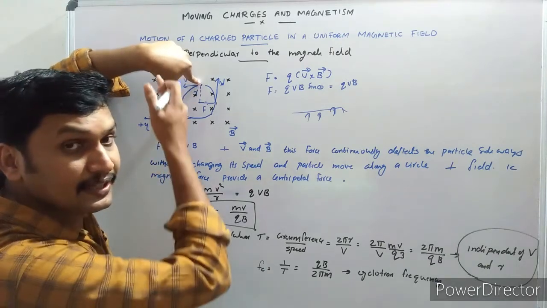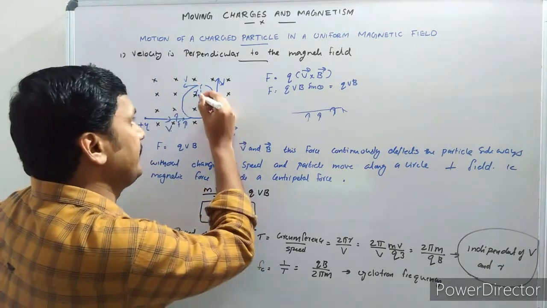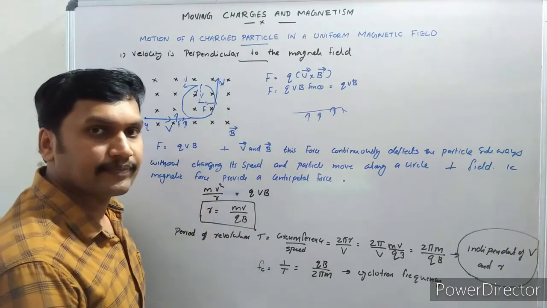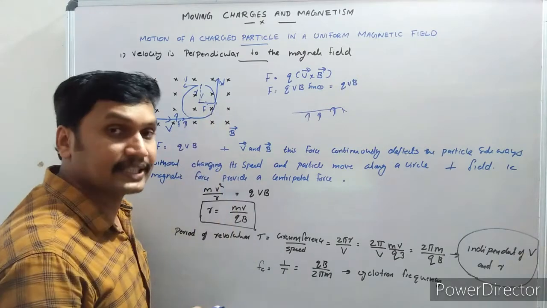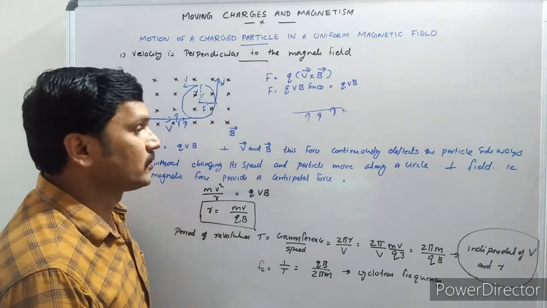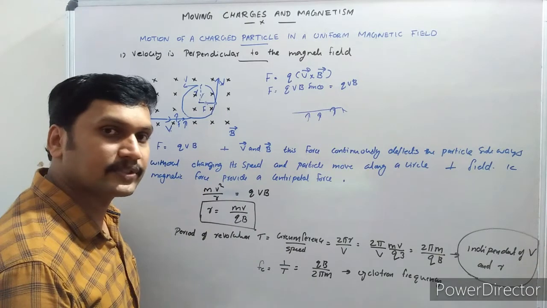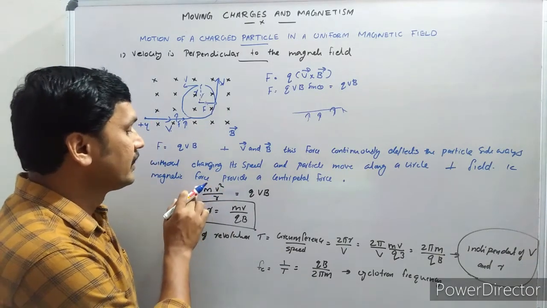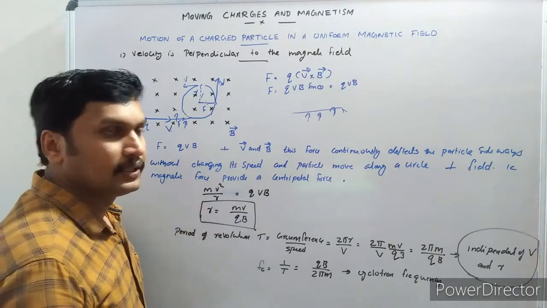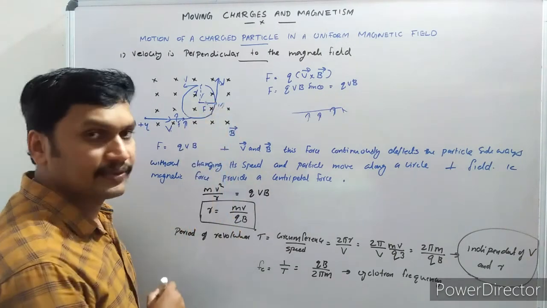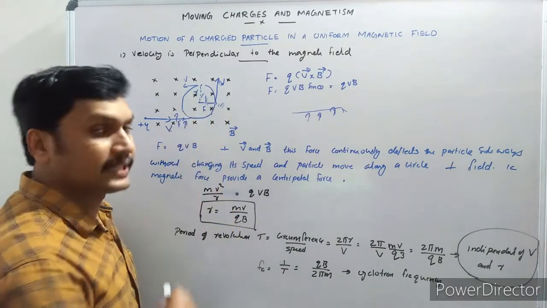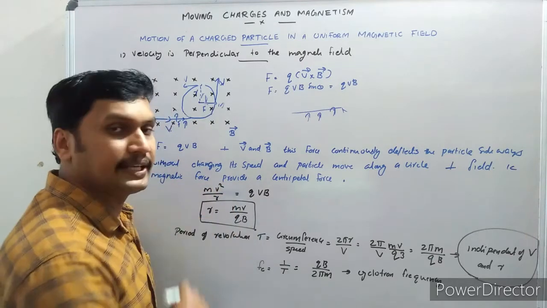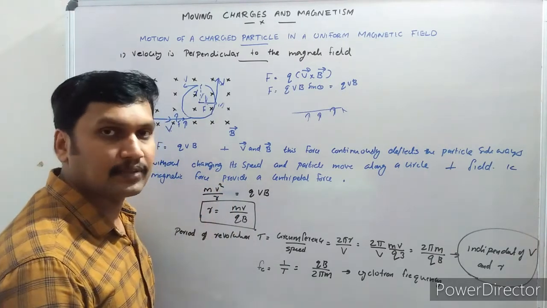Now also you see that the thumb points towards the center. It means that the centripetal force is provided by our magnetic force. The magnetic force is acting towards the center and the necessary centripetal force is provided by the magnetic force. So we can write the necessary centripetal force required here as mv square by r, if m is the mass of this charge, r is the radius of the circular path and v is the velocity.